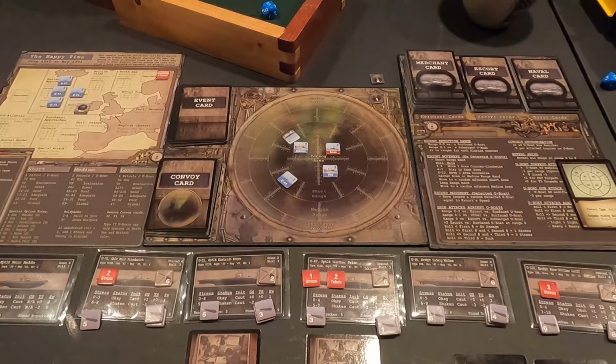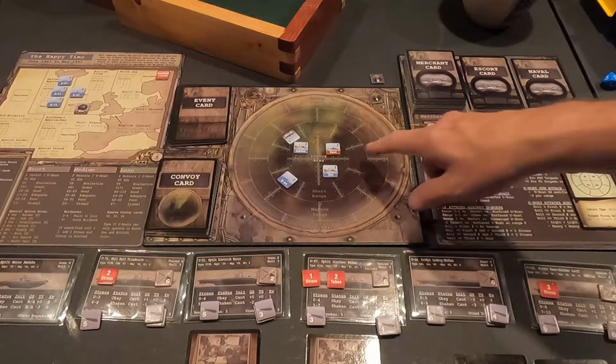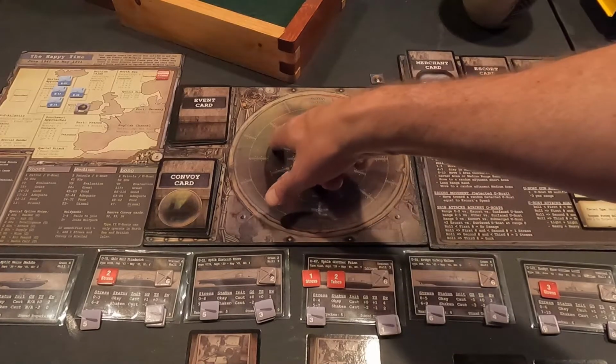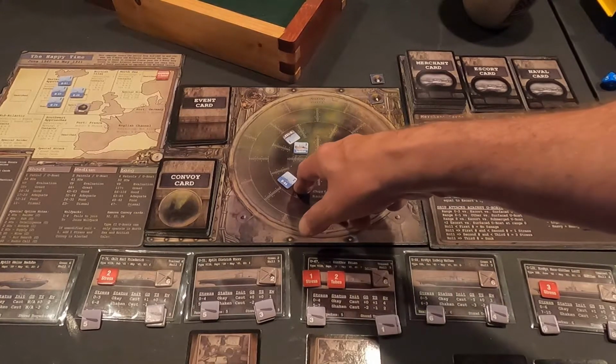So now we have to do our detection. I just like to have things out here to make sure. Okay. So the Escorts are going to roll. There's nobody detected on the board yet. And for a submerged boat, it's 0 to 1. So he cannot detect the U-122. I'm out of his range. But for the surfaced, he can detect